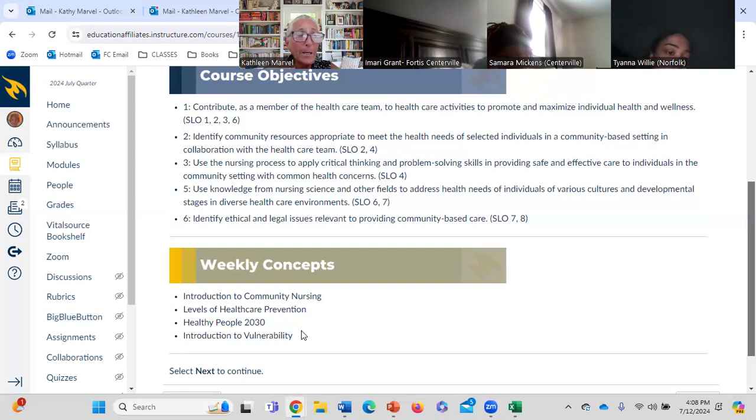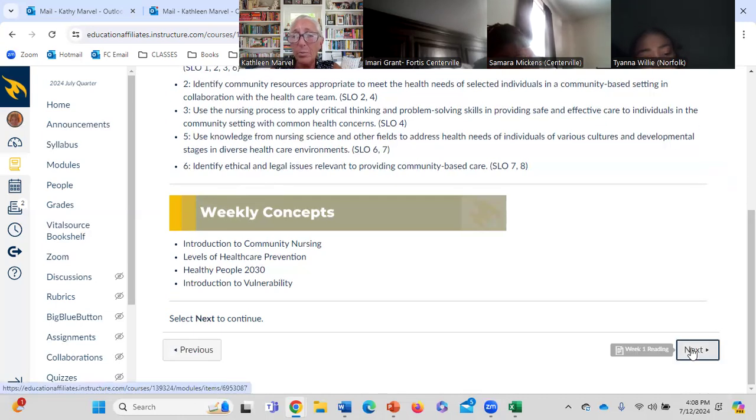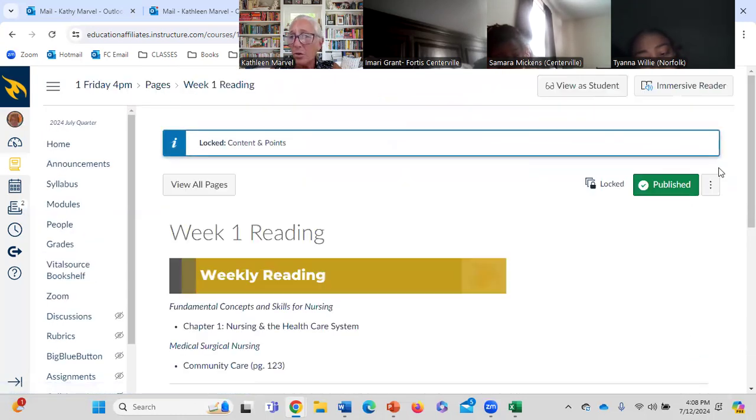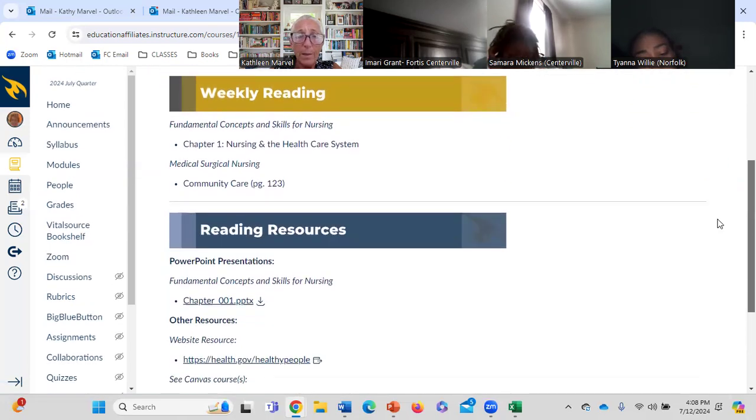So in your first reading page, you're going to get the concepts. Okay, the page after you get the concepts is going to be your reading page. And this is where we'll show you the PowerPoint. So for example, you have 1 chapter to read in fundamentals, the full chapter. Med-Surg book, you only have 1 page. So down here in your reading resources, here's where you're going to get that PowerPoint because you have a full chapter. But notice you don't have a PowerPoint for this because you only have a page.